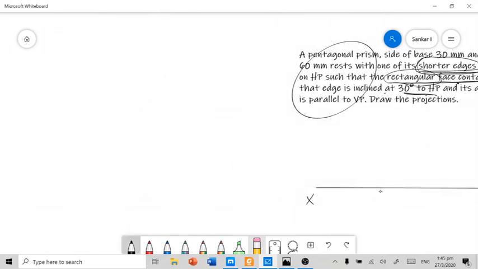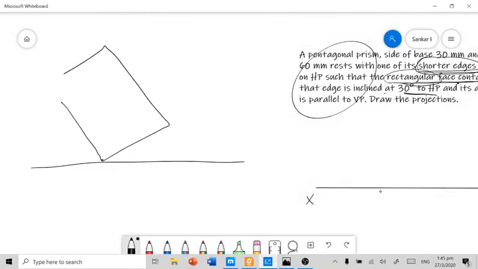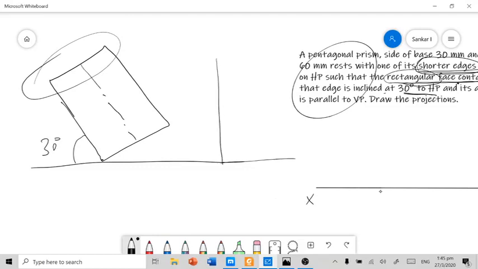In real, as per the problem statement, the solid is standing in an inclined manner with the side surface inclined at 30 degrees to HP. When it is resting in this way, whether in front view or top view, you are not able to see its original base surface. So in order to see the original base surface, you have to make the solid axis perpendicular to any one of the principal planes.